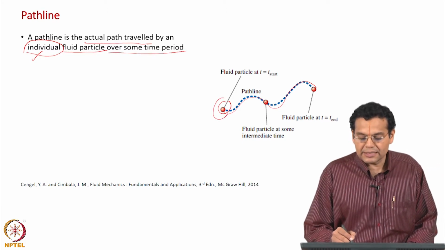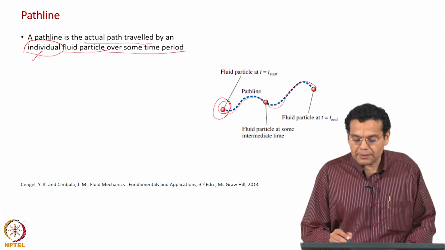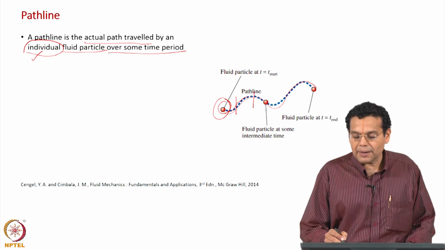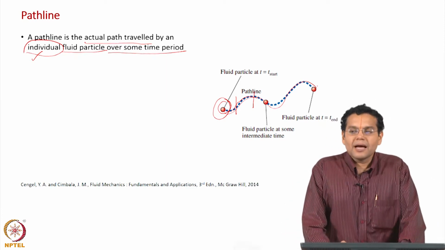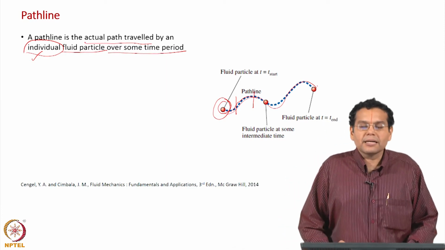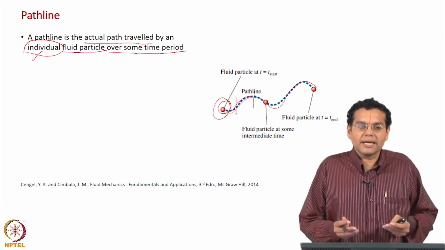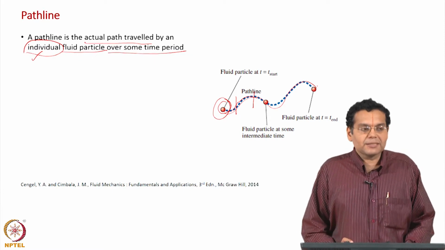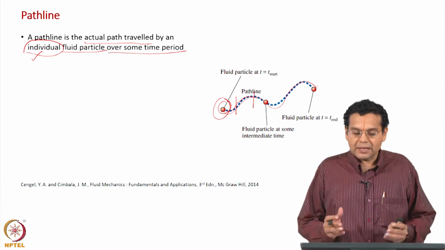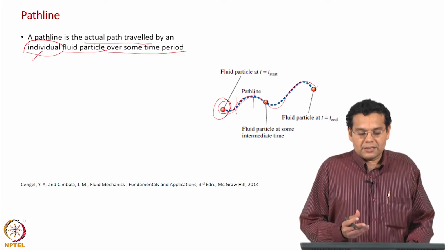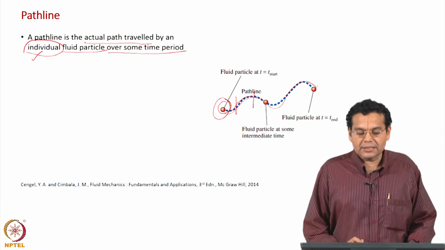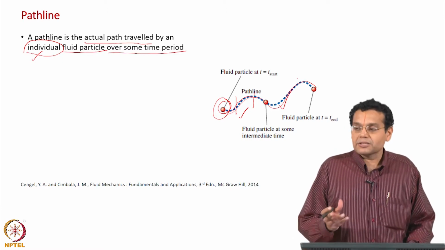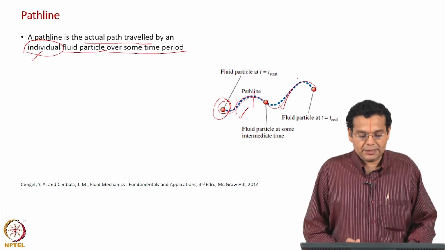Let us say at t equal to t start you are here, after some time the particle is here, the particle is here. So, over some time period what is the path followed by the fluid particle, and what does the path depend on? That depends on the local velocity field. So, once again it represents the velocity field. The whole idea, as I told you, is to represent the velocity field in some form. Earlier we discussed streamlines, now we are discussing path lines. This path depends on the velocity field, which could be a function of time as well.